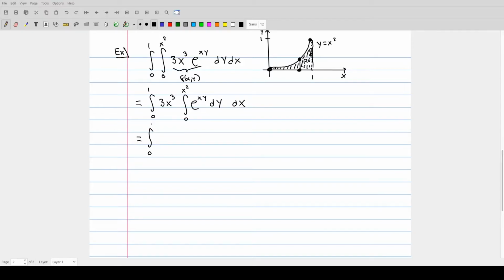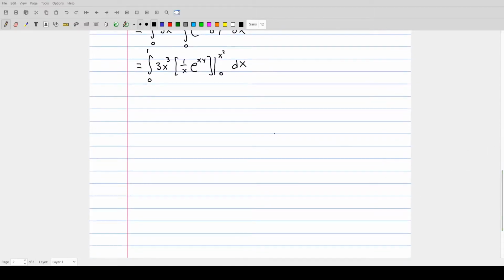Remember, we do the inner integral first. So the antiderivative of e to the xy is 1 over x e to the xy. This is evaluated from 0 to x squared. And when we plug in for y, because remember we're plugging in here for y,